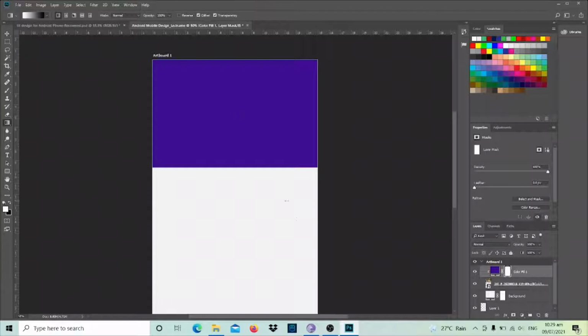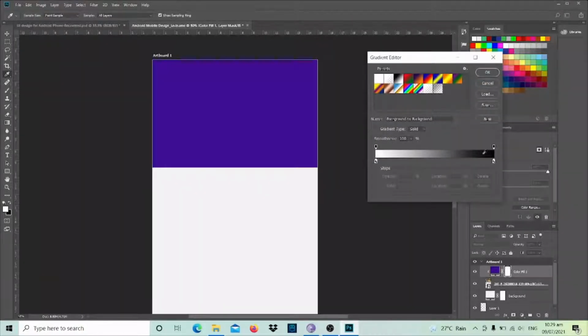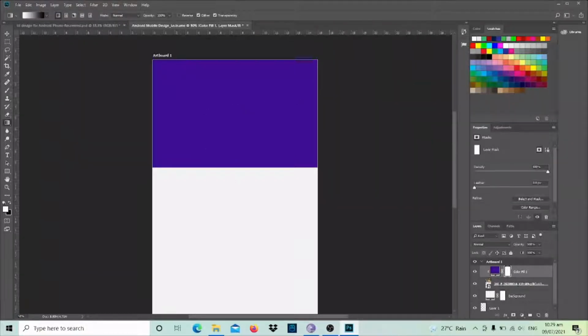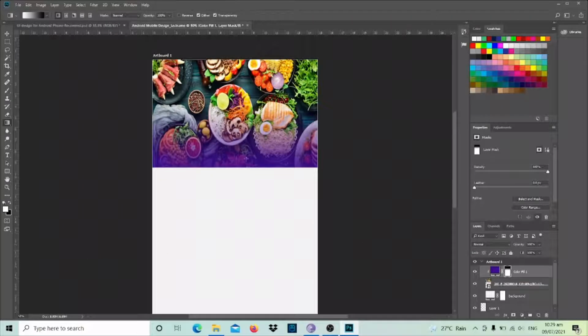Just click the gradient tool first. You will use the colors black and white, and then hold the shift key so that it is straight, and then release. When you release, the higher part is white and the upper part is a bit black, so it becomes